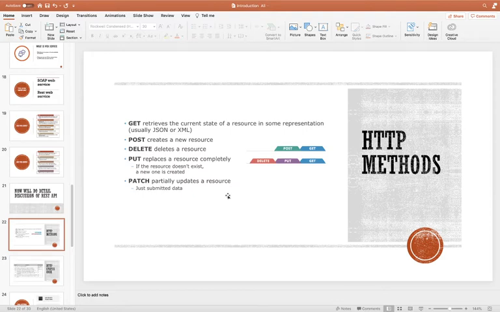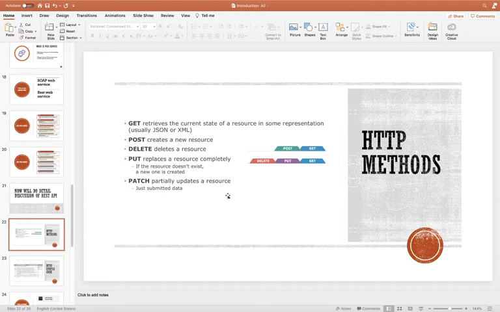So first one is HTTP methods. Whenever we create any REST web service, we need to define which methods we are going to use. In HTTP we mostly use 5 methods. We will discuss one by one what all these methods are. First one is the GET method. Whenever we want to retrieve a resource, we will use the GET method. For example, I want to retrieve the detail of a book. I want to fetch the detail of a book, then I will use the GET method.